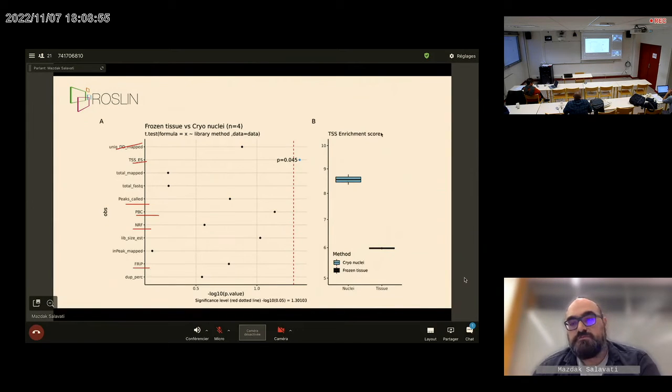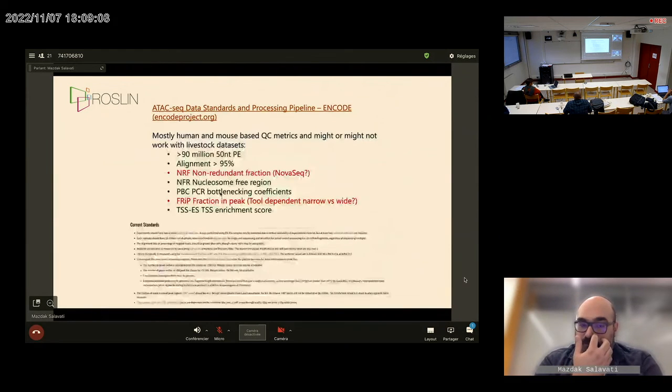And apart from the enrichment score, which was slightly higher in the nuclei corpus in comparison to the frozen tissue, there was no significant difference between any of the other scores between the two methodologies. This is where I was hoping to land. Thankfully, Gabriel put this link up, so you've already seen that there's a set of guidelines from the ENCODE